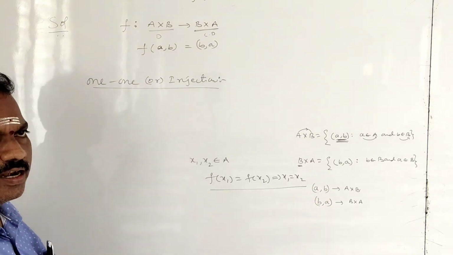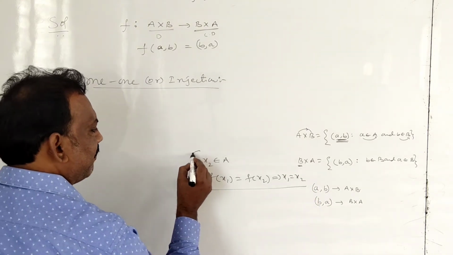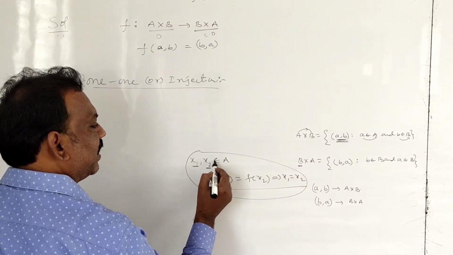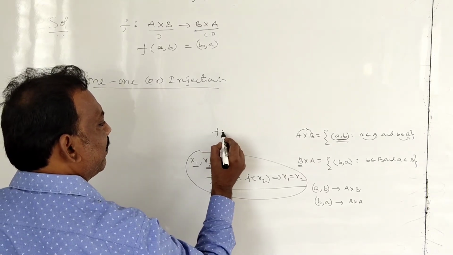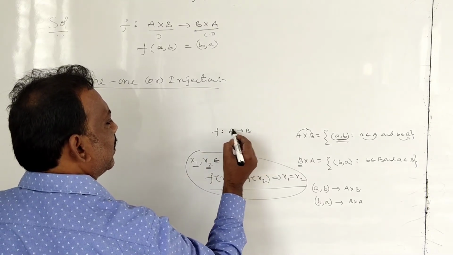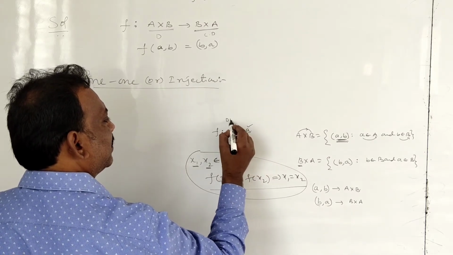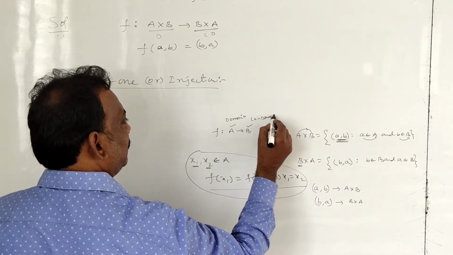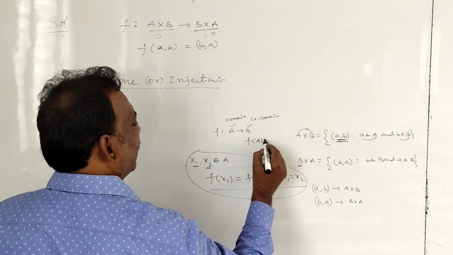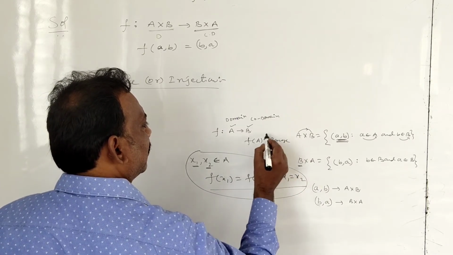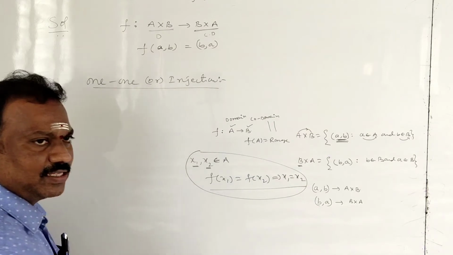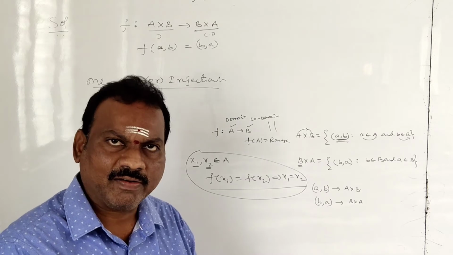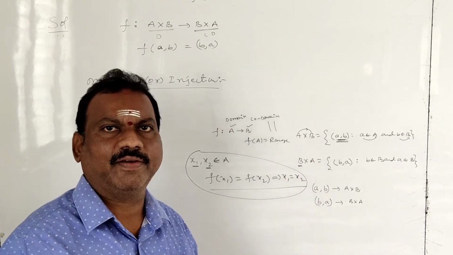Clear, students? Once again I will repeat it. This is the mathematical definition of a 1-1 function. You have to pick two elements from the domain of that function. Domain means f is mapping from A to B. Generally, if A is the domain, B is the codomain. I told you range means f of A is the range. In some cases codomain and range may be equal, in some cases the range may be a subset. That's why we don't say range and codomain are equal. Range is different, codomain is different.